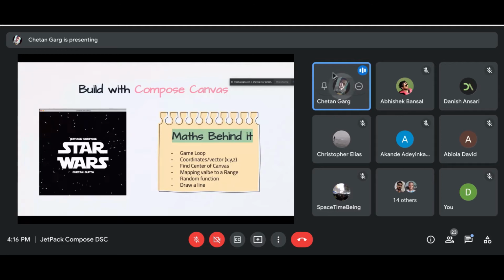The second thing is that you just need to know how to find the center of the canvas. If you can see, everything is coming out from the center, this section, right? So it is pretty easy. You just take the length and divide it by 2. If this is the size of the canvas, this area, then if you divide it by 2, you will end up at this center point. And if this is the y coordinate of the height of the canvas, then divide it by 2, you will end up at the center, right? So you just need to know how to find the center.